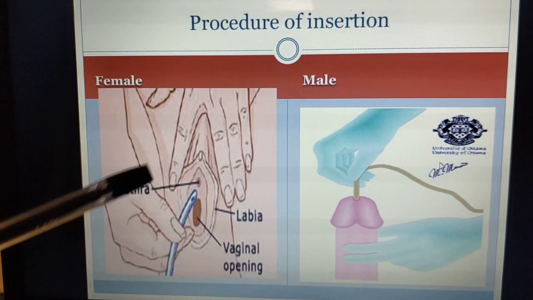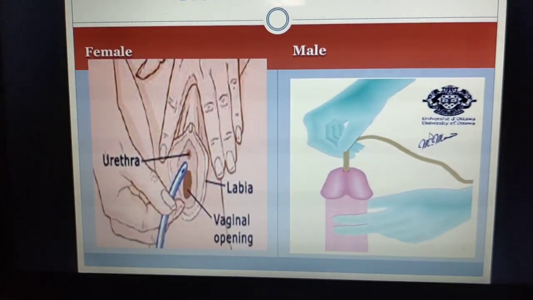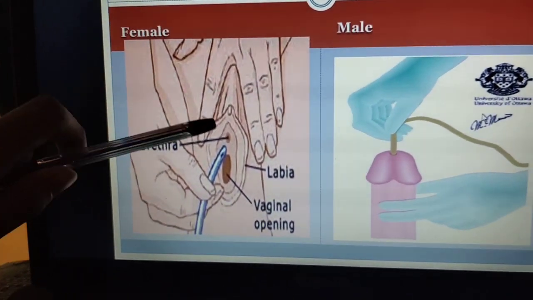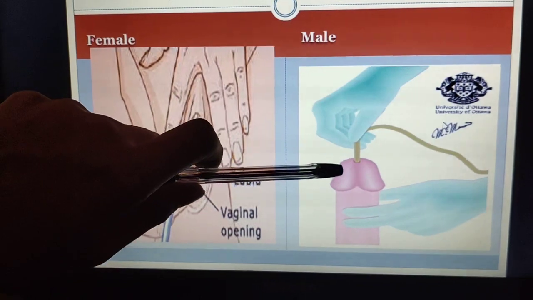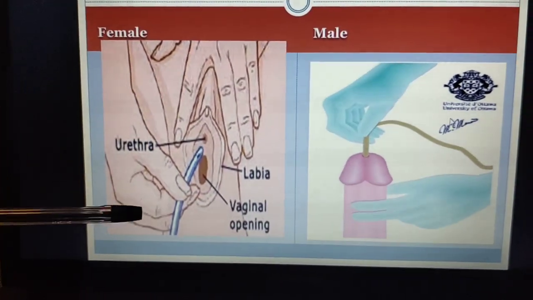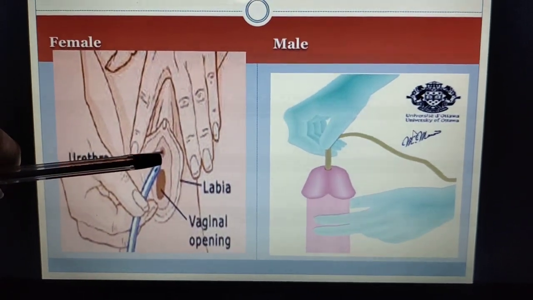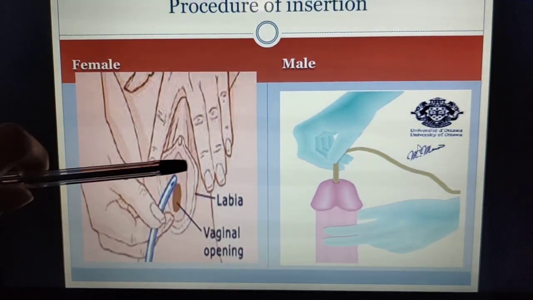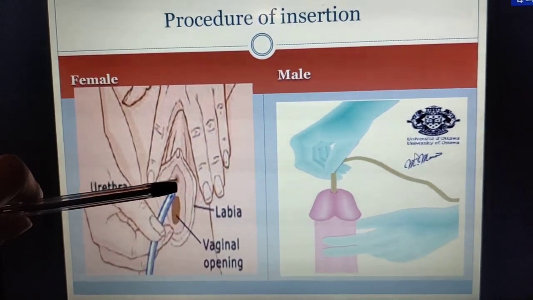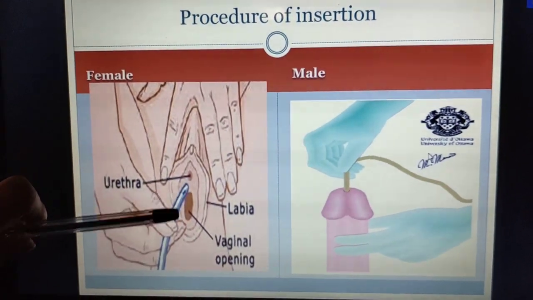Then see, this is the female and this is the male. You know one thing, catheterization is very easy for the male compared to the female. Why? Because for the male it is simple, we can go, but here most of the students are confused with the openings. The small opening is considered the urethra, because this is the labia majora and labia minora. This orifice we call the urethra, and the bigger opening we call the vagina.